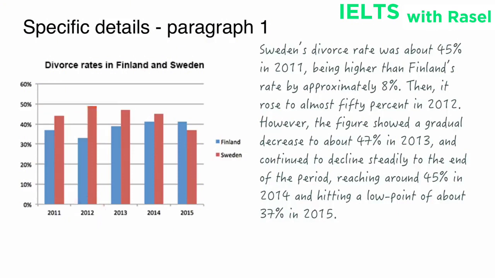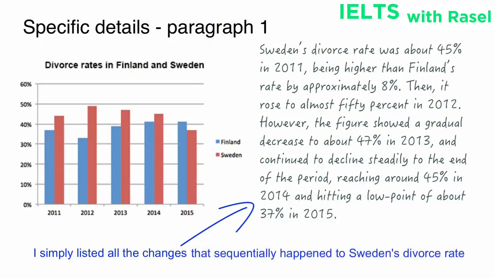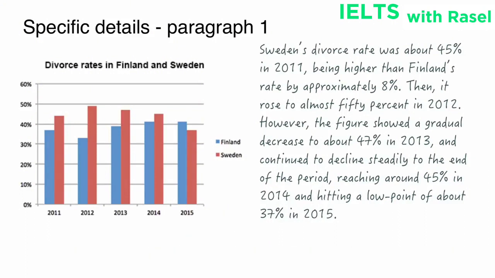However, the figure showed a gradual decrease to about 47% in 2013 and continued to decline steadily to the end of the period, reaching around 45% in 2014 and hitting a low point of about 37% in 2015. You can see that I simply listed all the changes that sequentially happened to Sweden's divorce rate during the given time period. I started with describing Sweden's divorce rate in 2011 when I wrote,